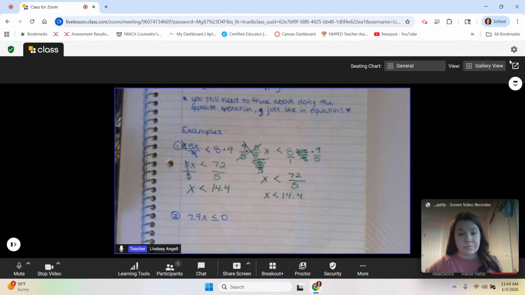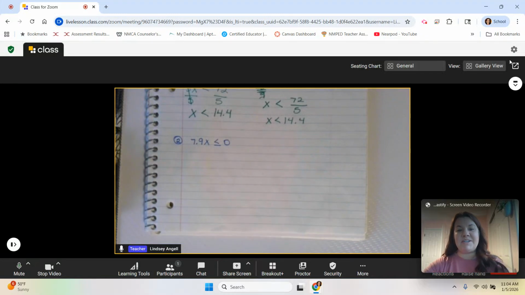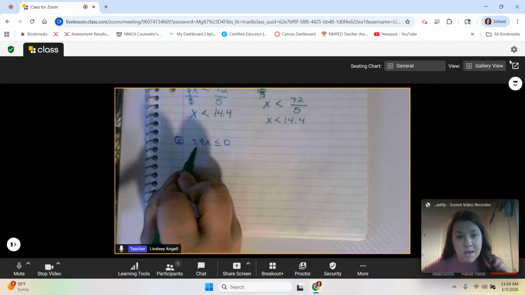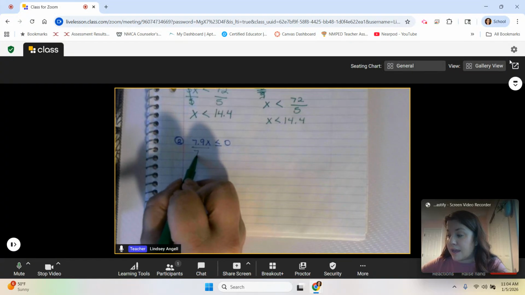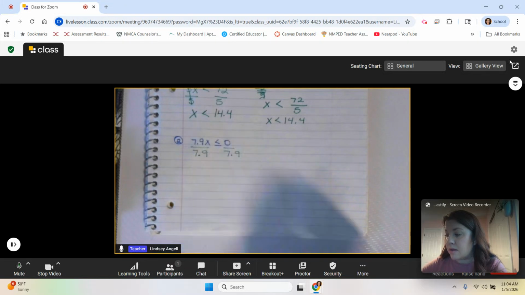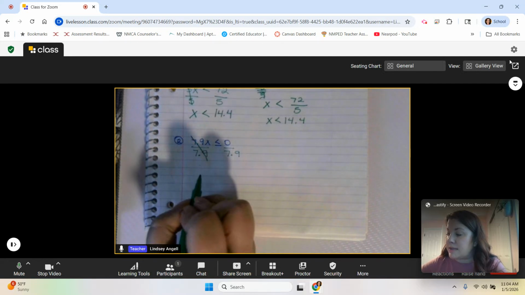Okay, moving on. This one we won't do twice. Number 2, 7 9/10 times x is less than or equal to 0. I kind of love this one because of that 0. Well, if we're going to think about the problem, right now we're multiplying by 7.9. So to get rid of it, I need to divide by 7.9. 7.9 divided by 7.9 is 1, so we're left with